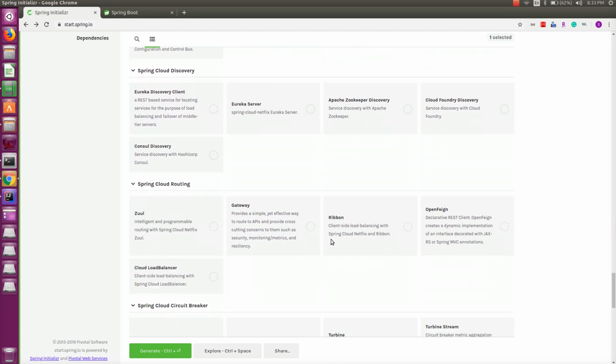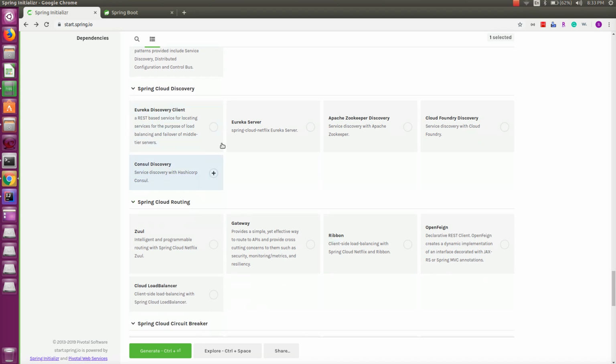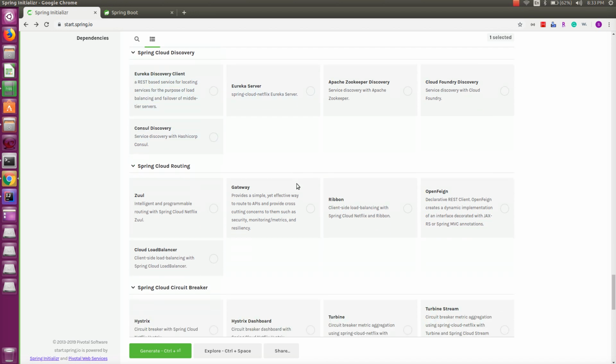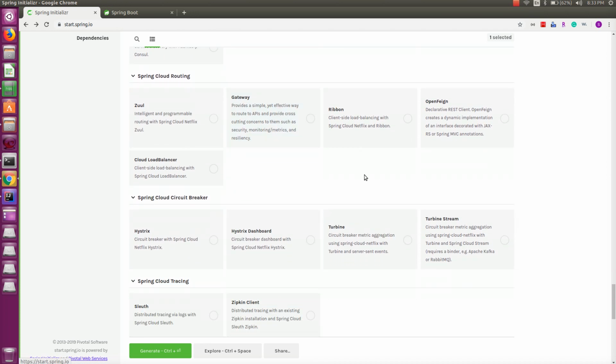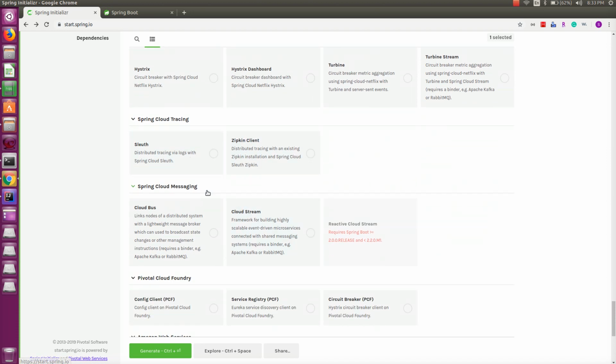So that's pretty much, that's really good, a lot of projects, and these are the projects which you can add on the fly, and just use the functionality, and they will do all the dependency resolution behind the scenes. For example, Spring Eureka Discovery Client if you are creating a Spring Boot cluster and all those things. Cloud routing, Hystrix, circuit breaker, cloud tracing if you are not using any kind of tracing framework which comes with,